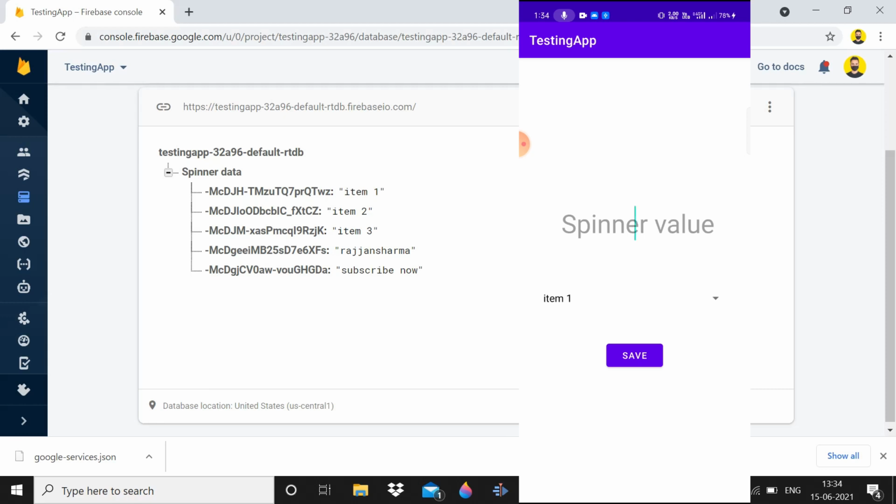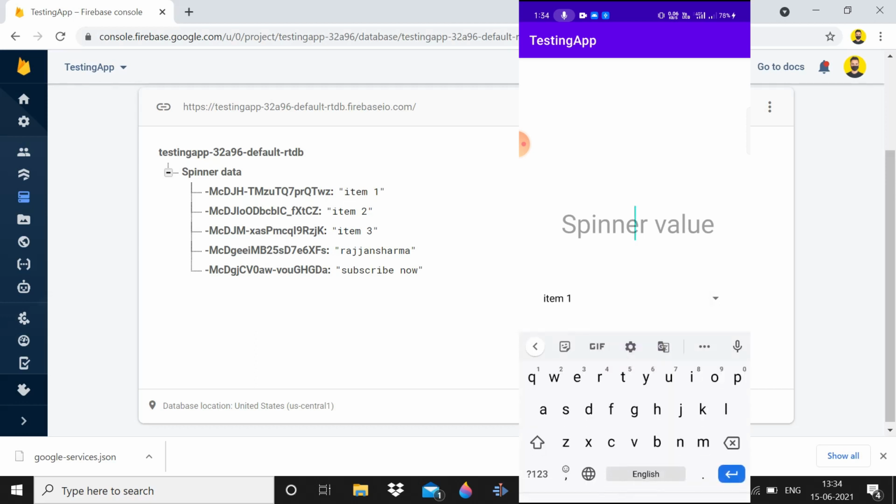So you can see that guys, we have this list of spinner data reference, and inside that we have item 1, 2, 3. So guys, when I open this spinner in the Android app, you can see that we have all the items, and in case I add some new data like